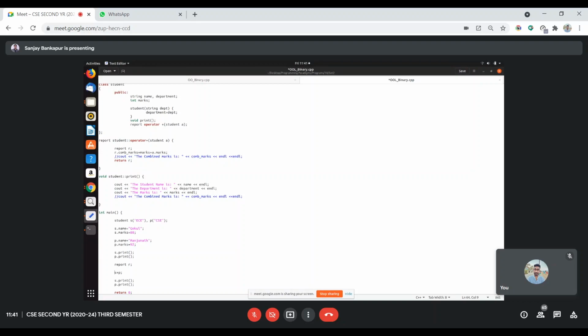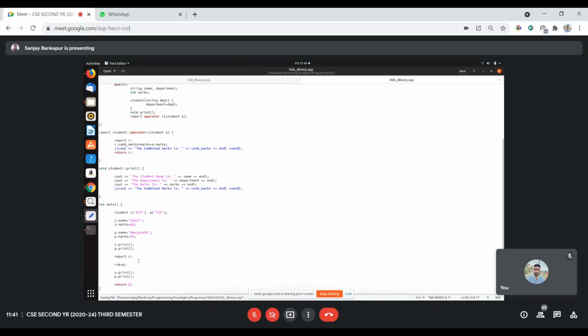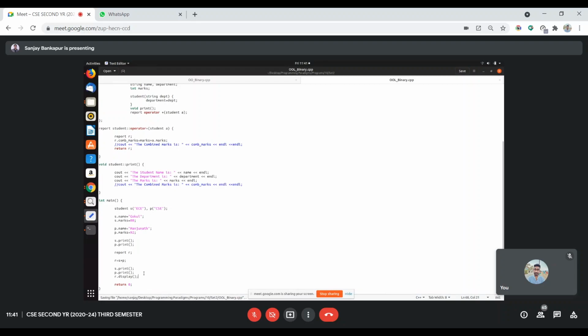Then I will say r equal to, right? So s dot print, and r dot display. Anything to add? Did I miss anything? Okay, I don't want to print twice, or let's print it twice, even though the data will be the same.